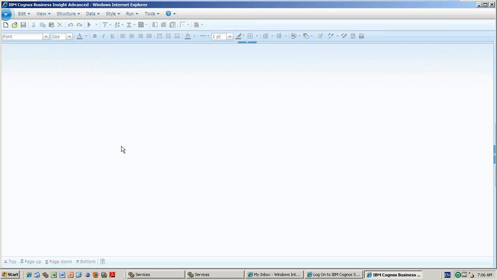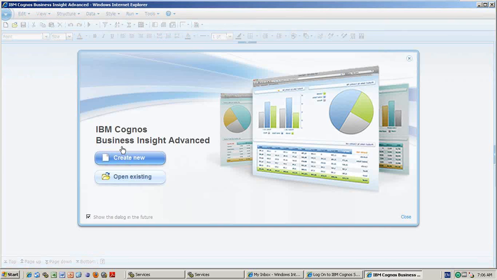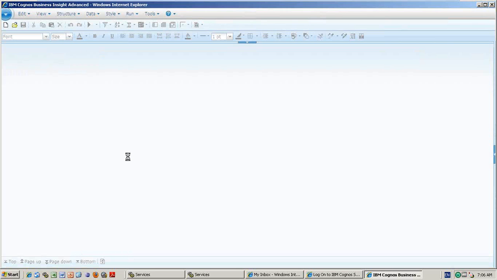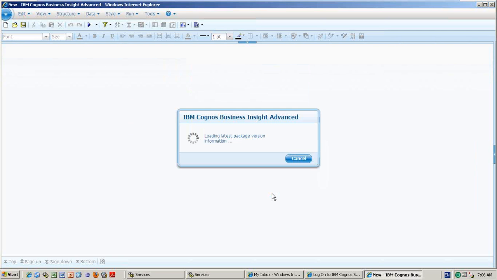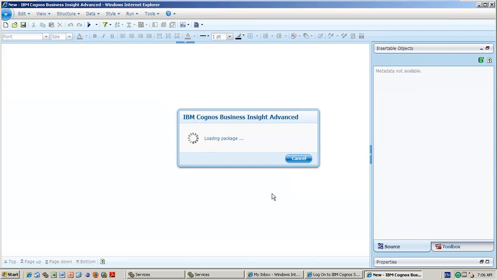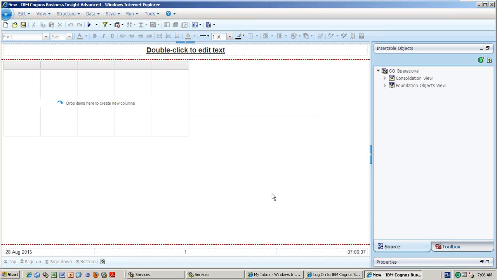Fine. I went to the report. You see now, it's creating a new Business Insight Advanced report. Maybe all the functions are not available, but it looks like Report Studio. And on this side the package is appearing as usual. But in Report Studio, the left-hand side will appear and a query will be generated. But in Business Insight, nothing.